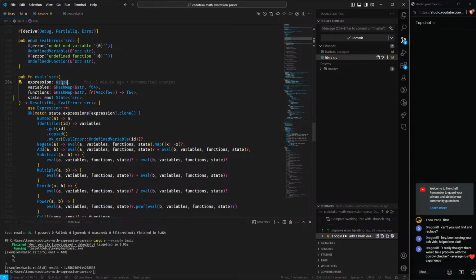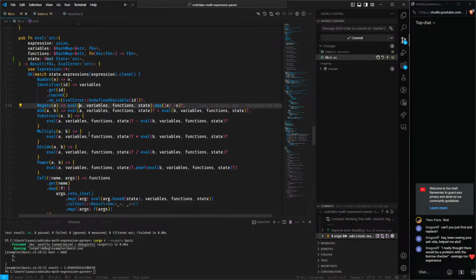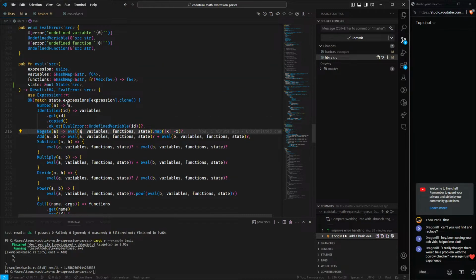Instead of expression usize, I'm just going to take an expression directly, I think, and then basically do the lookup in these eval functions. Now I did it this way before because I didn't want to do it manually for every one of these, but well,